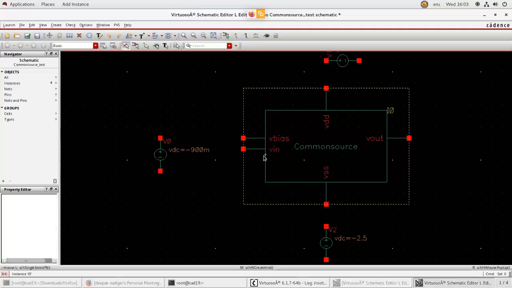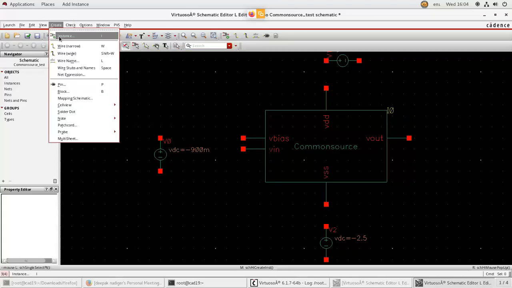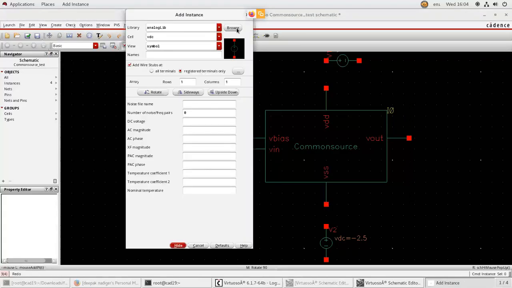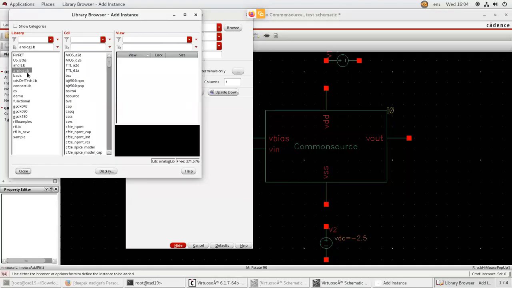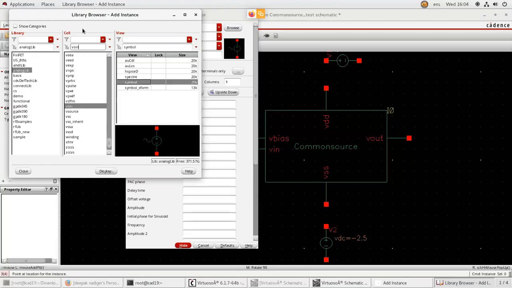To apply it, go to create instance, browse, analog lib, and search for vsin. You can type vsin in the search window. vsin is the short form for sinusoidal voltage. Next, press close.